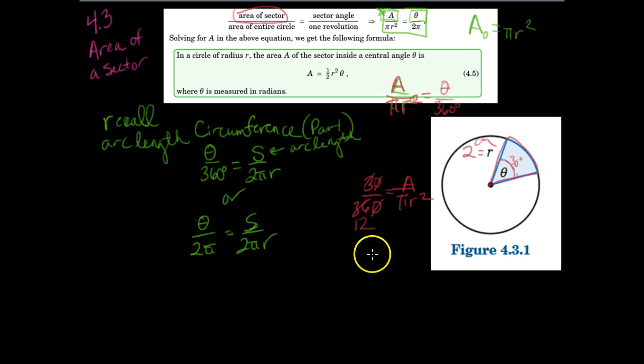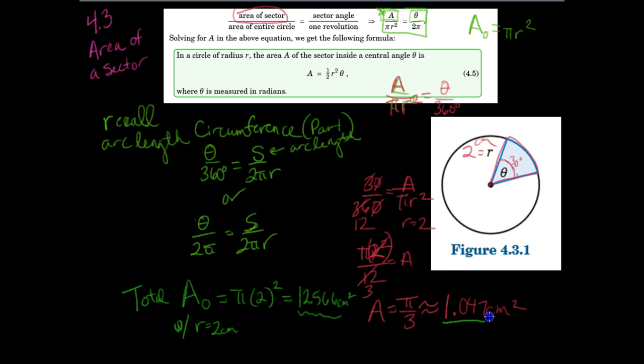And I'm bringing the pi r squared over to the top. So I have pi r squared over 12, and r is equal to 2, so that's 2 squared, which is 4. 4 goes into 12 three times. So the area of this sector is pi over 3,